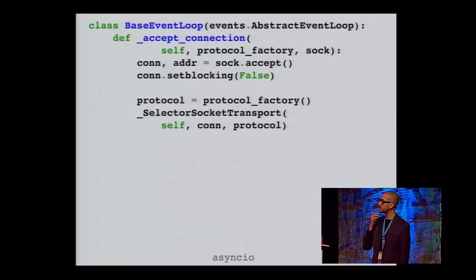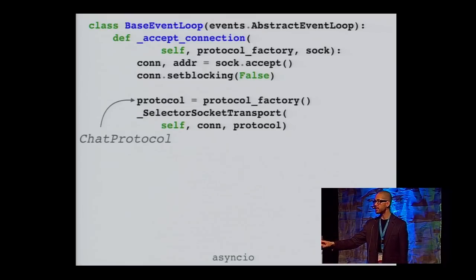Then we instantiate the protocol by executing the protocol factory. And the protocol is that chat protocol that we saw implemented in the example application. Finally, we wrap up the event loop and the client connection and the protocol, and we stick all of that into a transport.